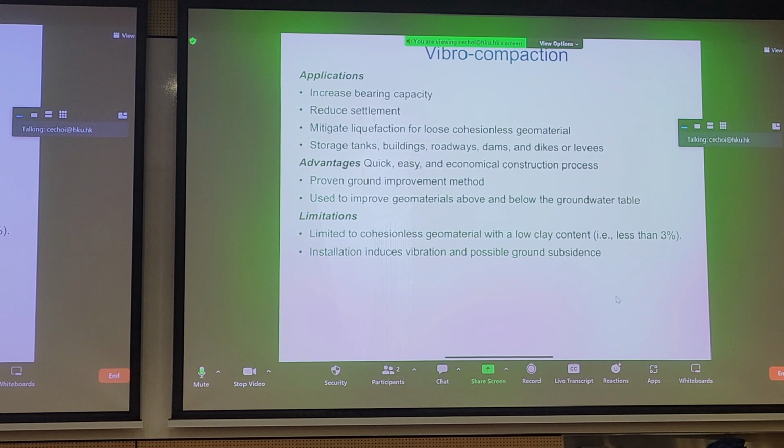And likewise, with dropping a dynamic tamper, we want to increase bearing capacity, reduce settlement. For seismically active regions, again, reduce liquefaction potential. Advantages of vibrocompaction. It's not as quick as dropping a weight because you have to insert the probe in, and if you're doing backfill, it takes more time, but it's still quicker than going lift by lift for shallow compaction. It's well proven to work in the industry, locally and globally. And it's also useful for granular material that's submerged because the water phase actually helps to increase pore pressures and